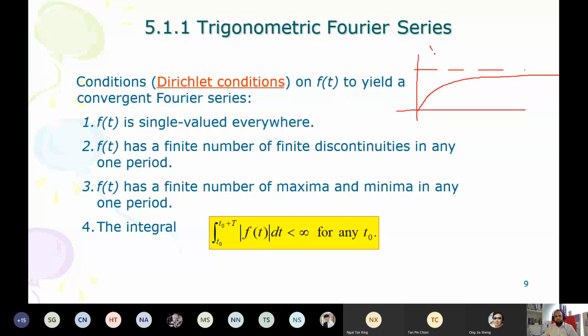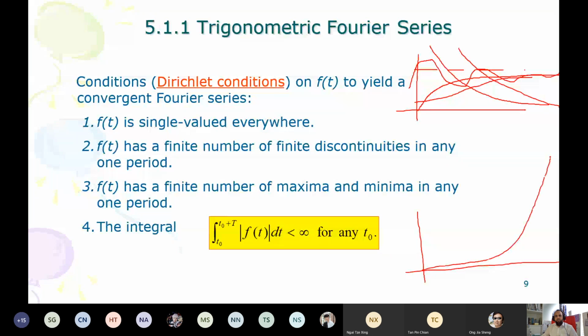Or something like this, or something like this, it converges. You see it's converging, but what is divergent? Divergent is going like this. This is going to infinity. So it may be possible to have a divergent series, which will not have a